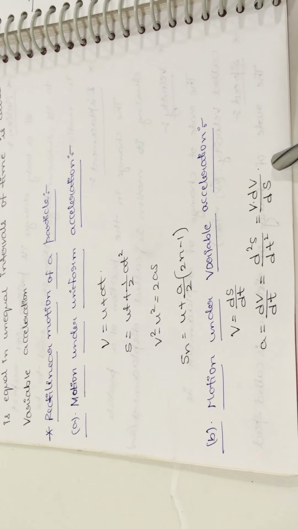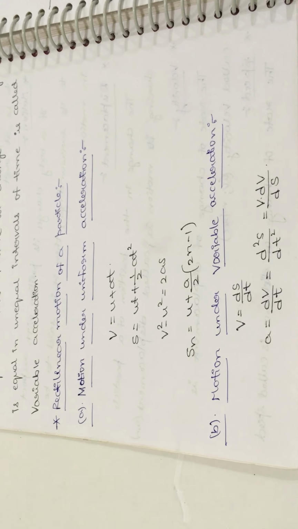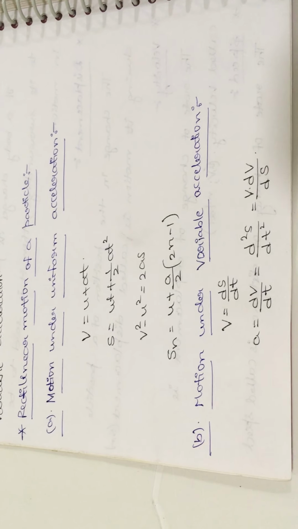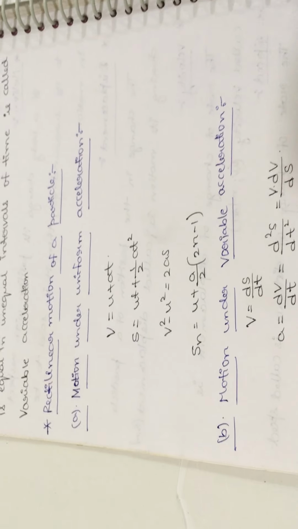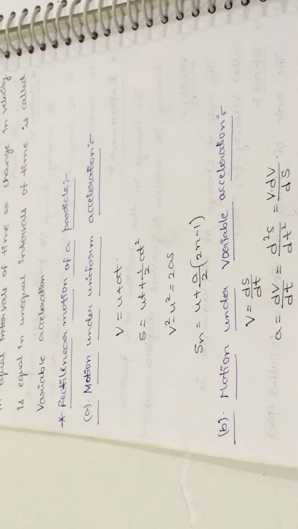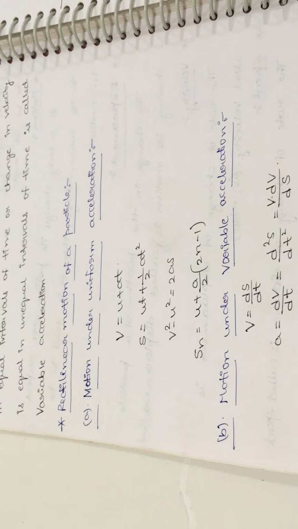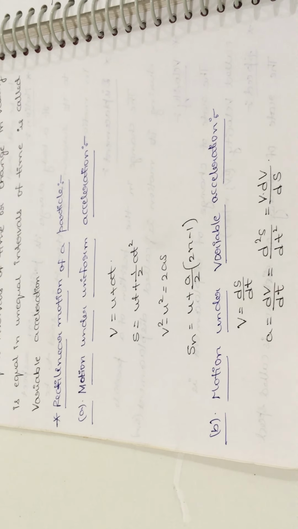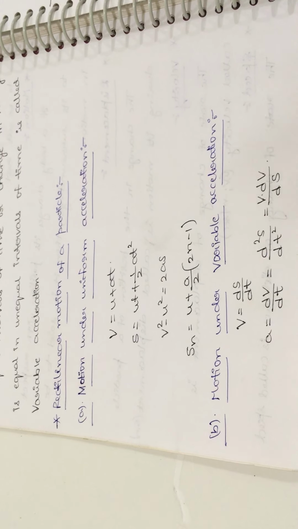So based on these six formulas we need to calculate the problems under the kinematics part. And one more thing, before starting the problems I want to clear one thing. In the kinematics part problems, there is no fixed formula for any problem. We should use the trial and error method process only to calculate the problems in the kinematics part.